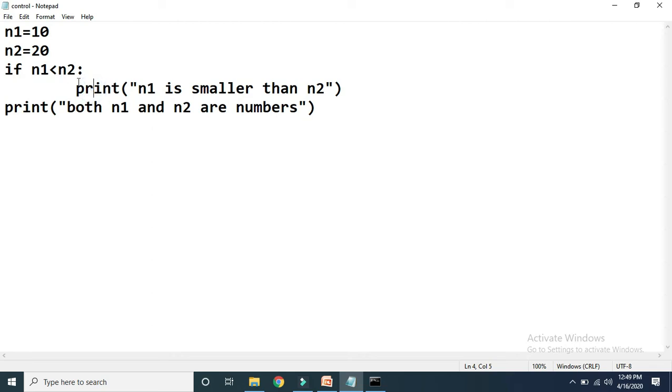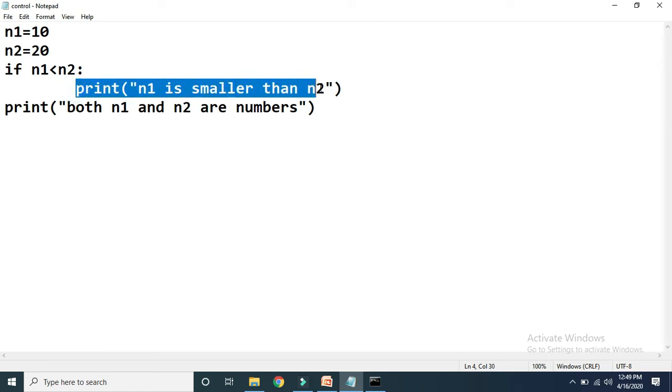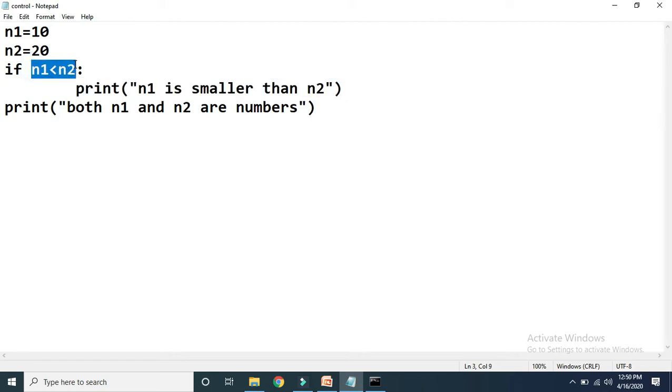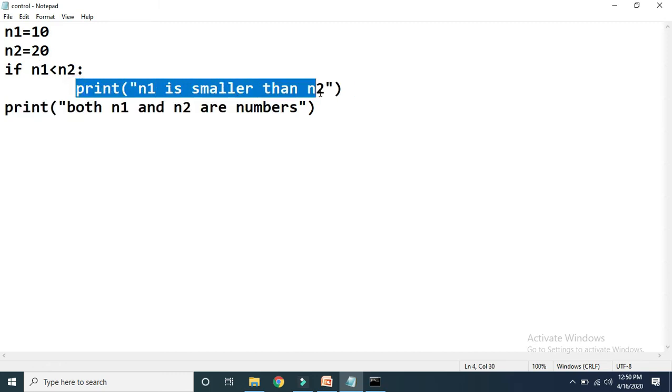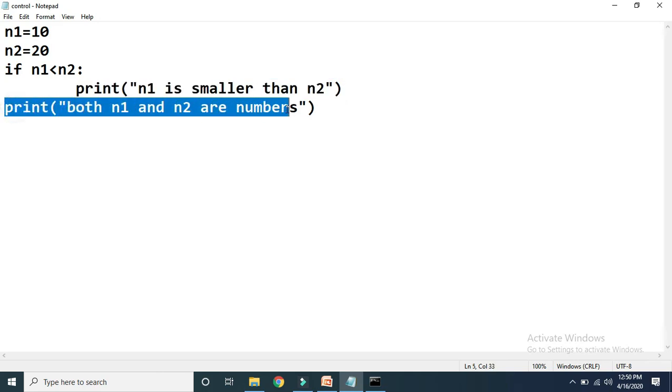Now, according to the if control statement, the inner statement will be executed only if this condition is true. For this program we know that n1 is 10 and n2 is 20, which means this condition is true. So it will execute this statement, and control will come outside of this if, and it will print this statement as well.